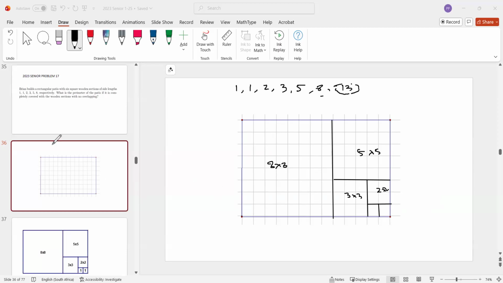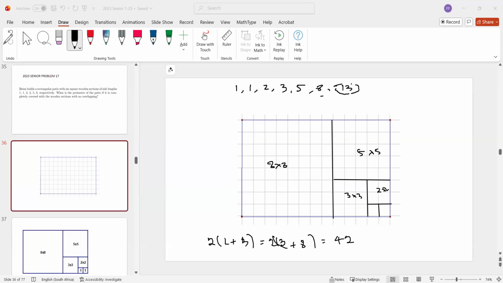So the question is, what is the perimeter of this rectangle? Well, as you can see, the rectangle, the length is 13, the breadth is 8. So the perimeter of a rectangle is 2 into length plus breadth. So that is equal to 2 into 13 plus 8. And 13 plus 8 is 21, times 2 is 42. So the answer to this question is